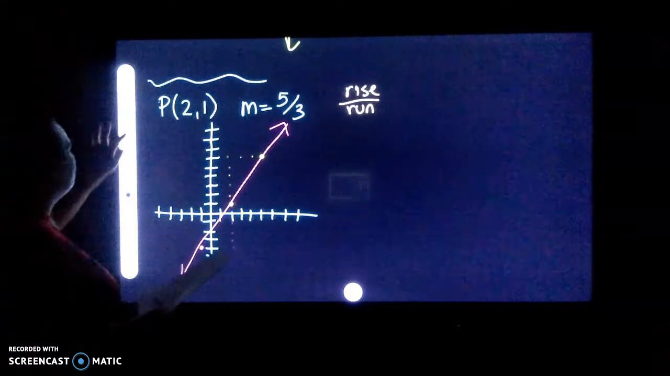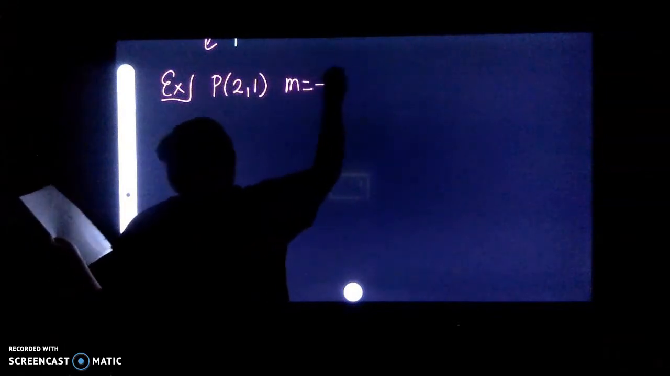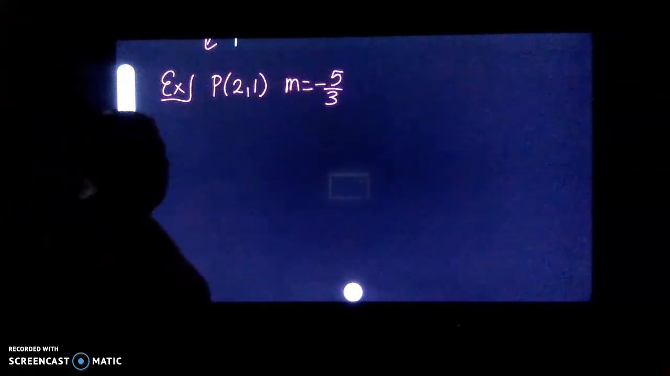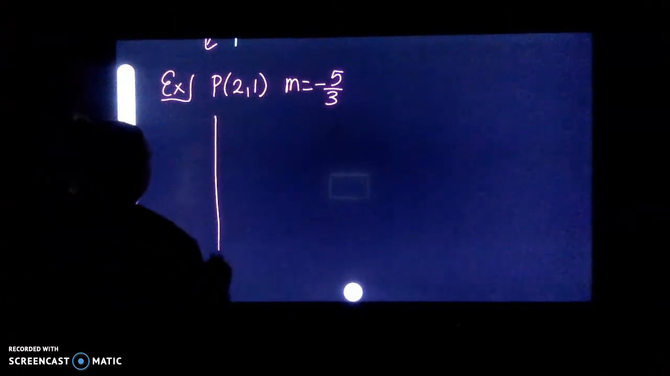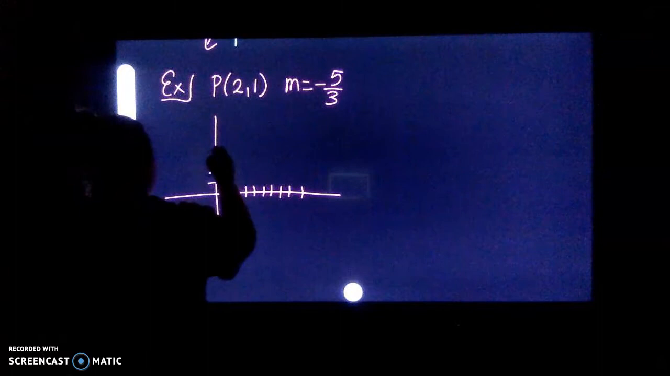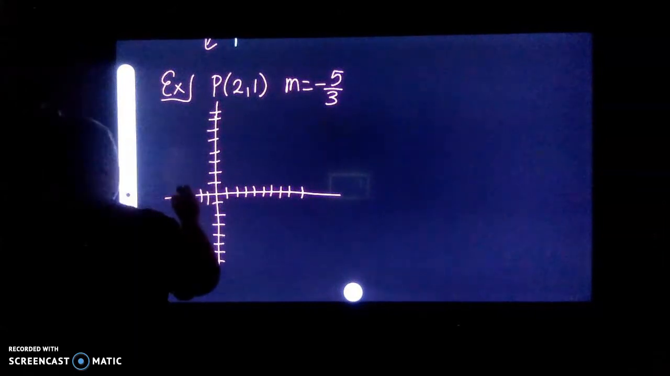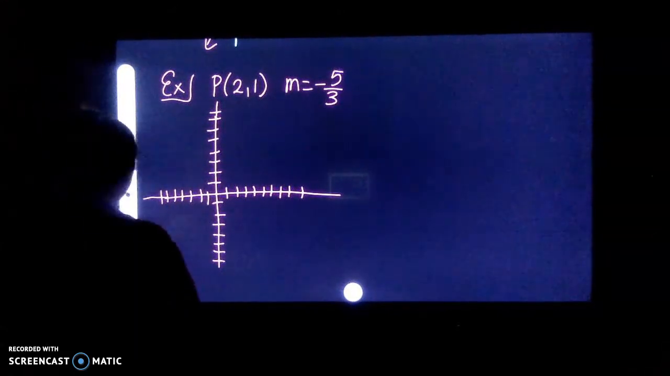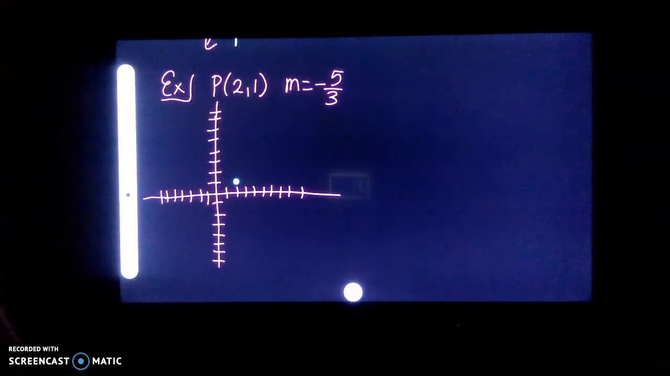Okay, so now let's do another one, just for good practice. This time I'm going to use point (2, 1), just like we did before, but my slope is going to be -5/3. Okay, just like we did before, I'm going to plot (2, 1), put my point. This is a negative slope,